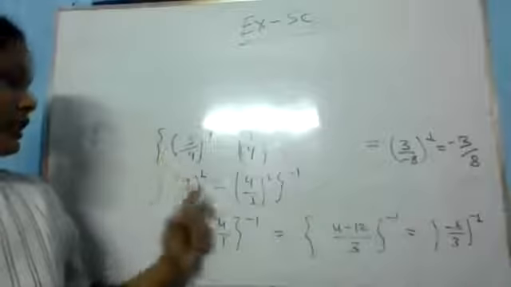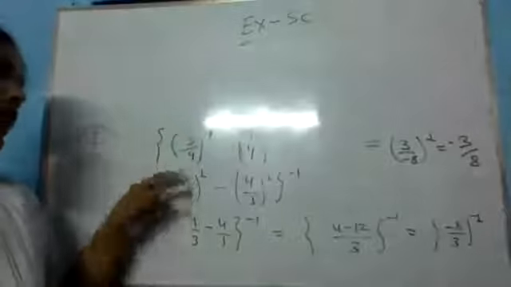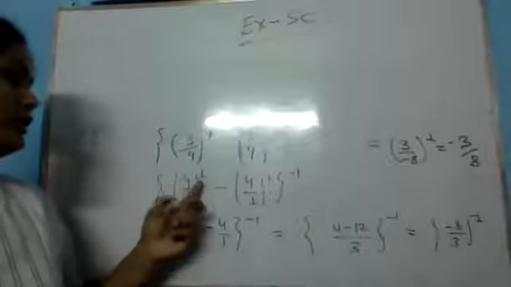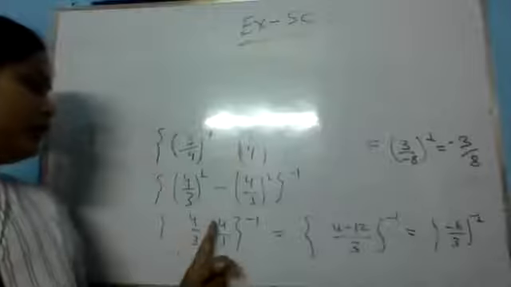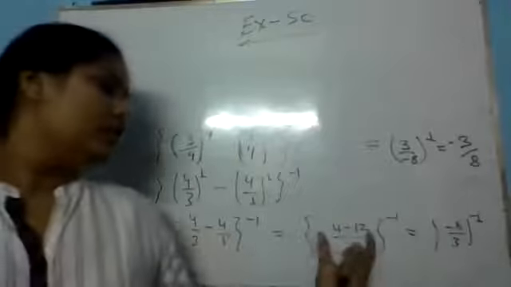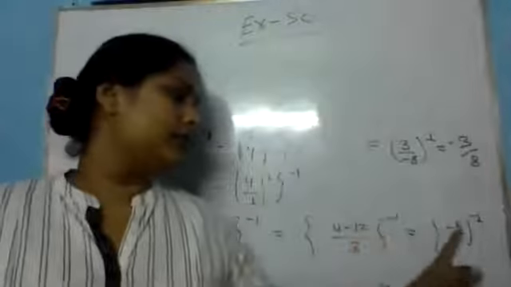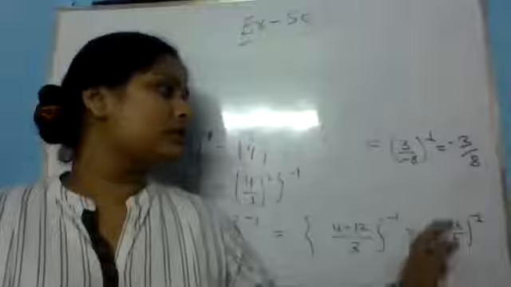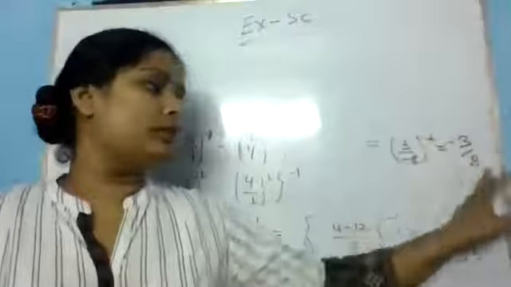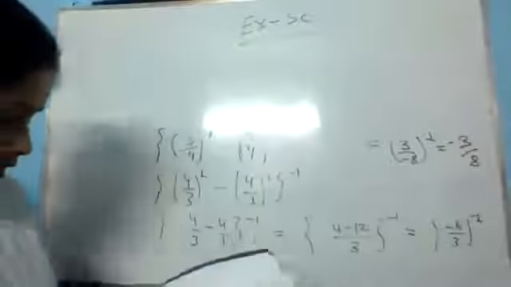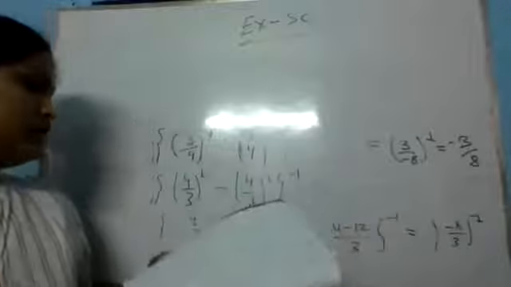Yes, ma'am. We have to just write the reciprocal of the fraction so that the power reverses its sign. So 4 by 3 minus 4, then solve this. 4 minus 12 upon 3, minus 8 upon 3. Now just write the reciprocal of the fraction, 3 upon minus 8 to the power 1, then minus 3 upon 8. Okay. Then now I am solving question number 13.